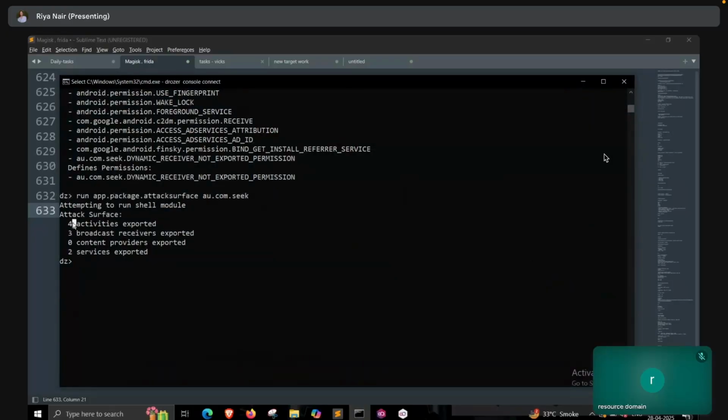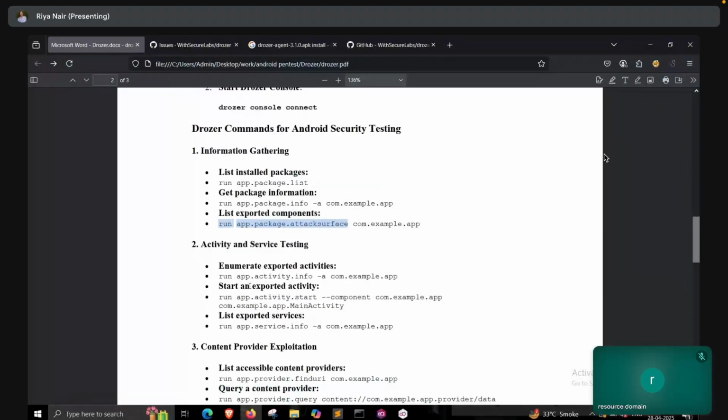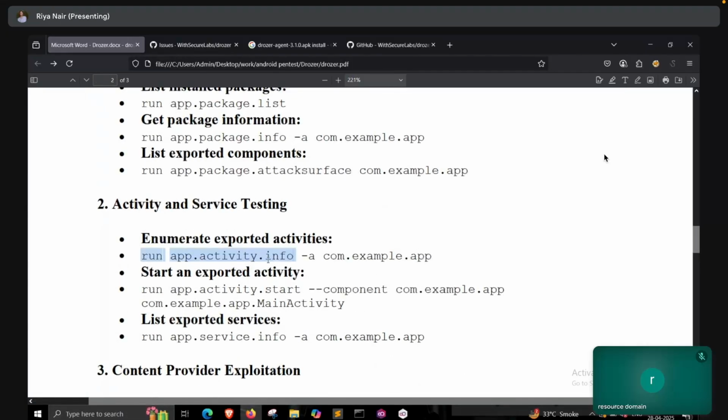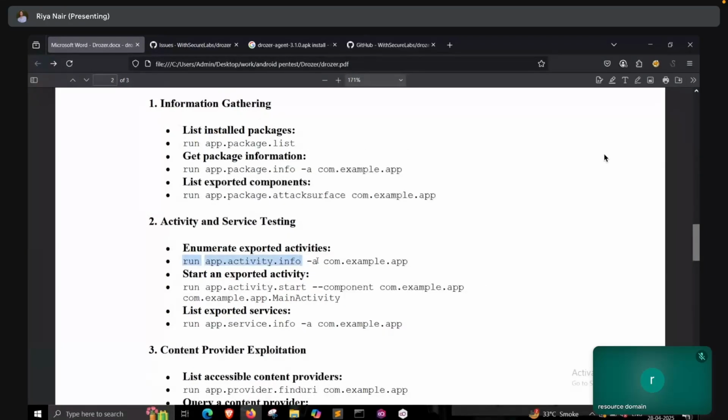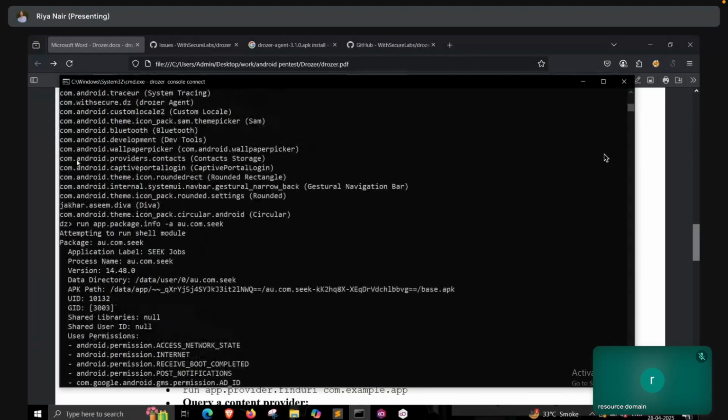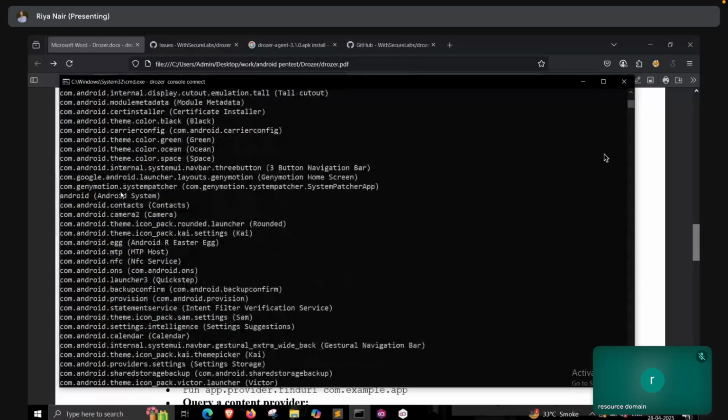Now let's see कि कौन से एक्टिविटीज है वो एक्सपोर्टेड है. So इसमें बता सकते हैं enumerating exported activities. So you can simply just run this command. It says run app.activity.info and जो माइनस ए है, जो हम अभी एप्लीकेशन का पैकेज है उसको हम रन करा सकते हैं. So simply we can do, let's say, एप्लीकेशन का नाम मैं भूल जा रही हूँ पैकेज बार बार,